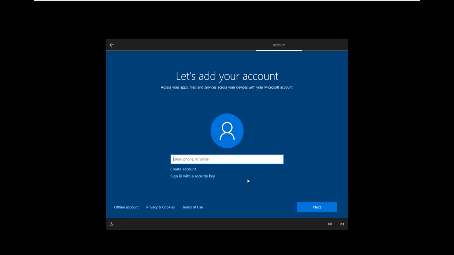Now an offline account means it will only be used for this machine. Whatever you do will remain on this machine. Your profile will remain only on this machine. It will not be available on any other device, because it is only an offline account. So I'm not using an email account here, I'm just using an offline account. So when I click offline account,